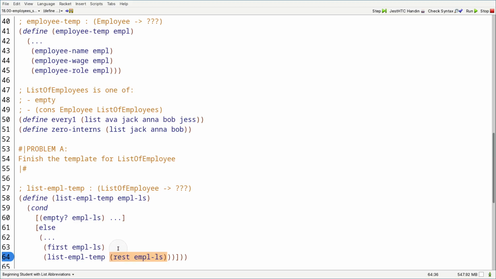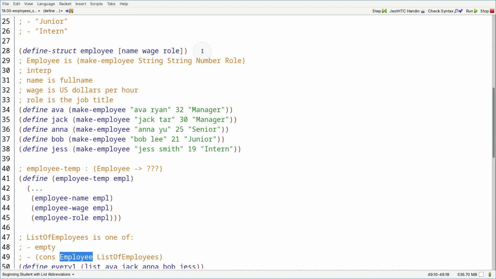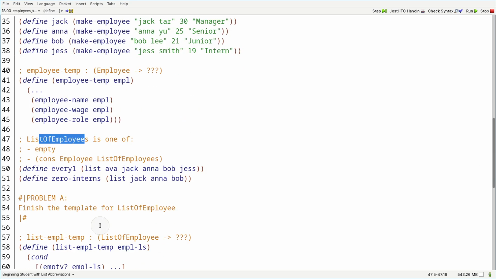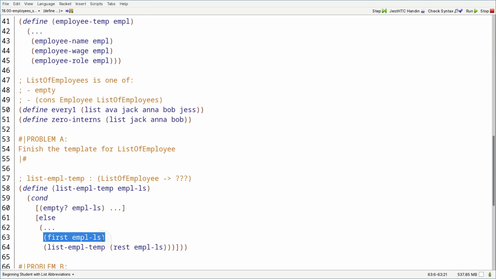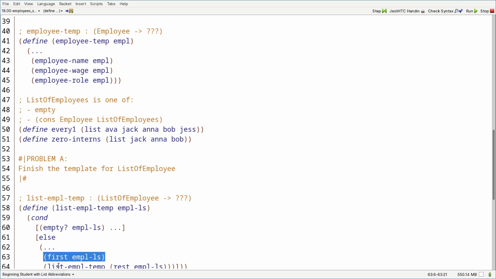All right. So this is going to be a little different, right? So notice how the list of employees, this is a non-base type, right? It's not a string, it's not a number, it's not a boolean, it's an employee, right? This is not a data type that comes with Racket. It's something that we defined ourselves with define struct, right? And the key insight here, the key difference between the templates that consume a list of booleans, list of strings, list of numbers, etc., is that when we do first of EMPL-ls, we're going to need to wrap this in a helper function, right? We're going to wrap this in the call to the template of employee-temp,